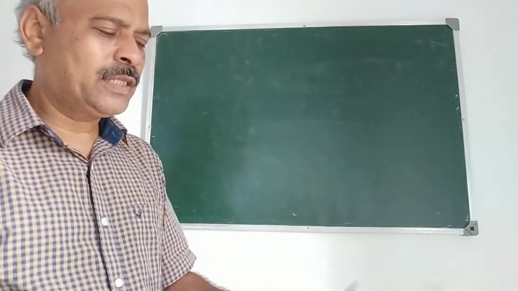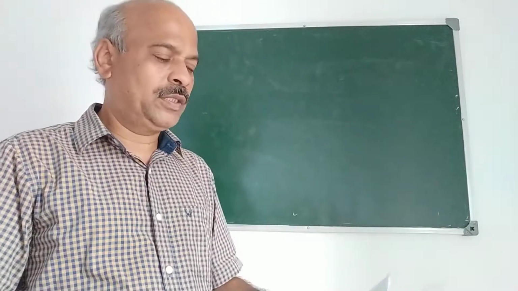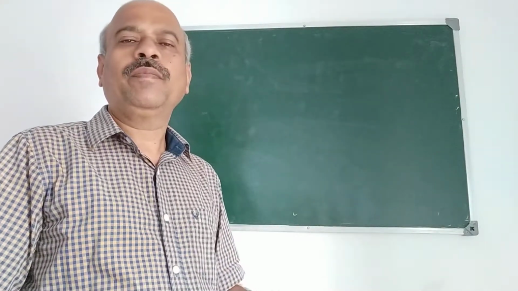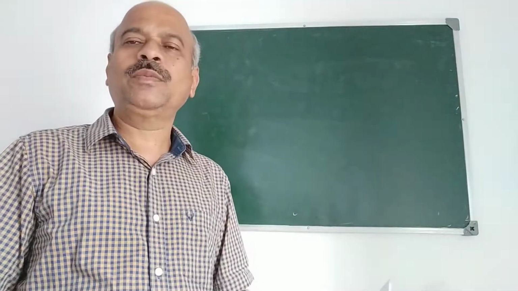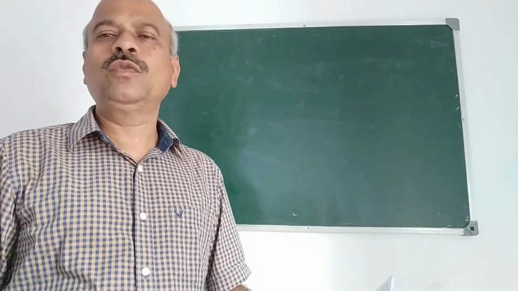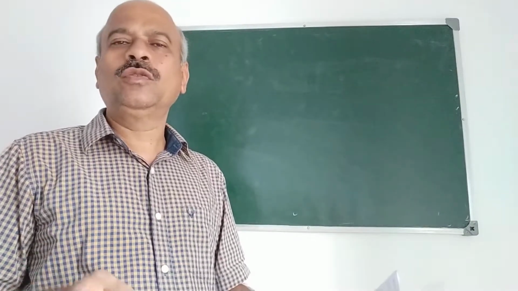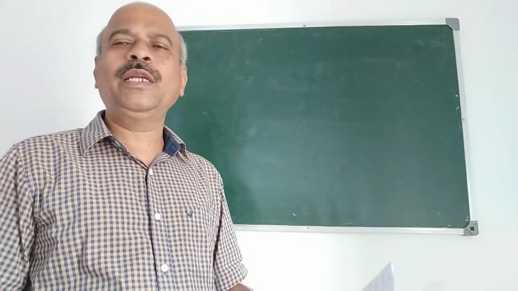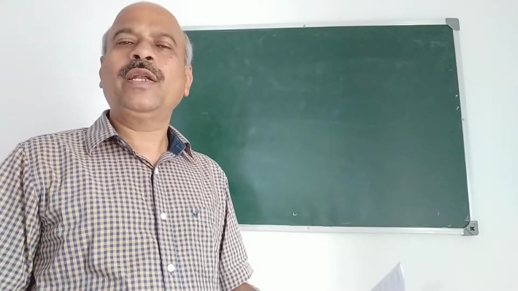In my last video, I explained how to find the equation of the sphere passing through 4 points. How do you find it? You have to substitute the points in the general equation of the sphere. You will get 4 equations in u, v, w and d, and you have to find u, v, w, d. We usually use the elimination method. First we eliminate d, then w, then we will get 2 equations in u and v. We find out u and v.